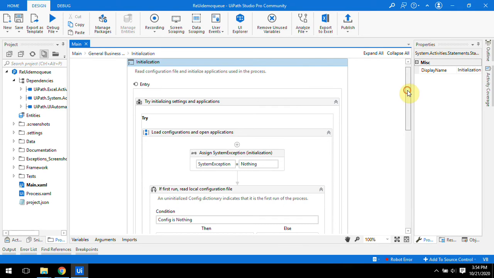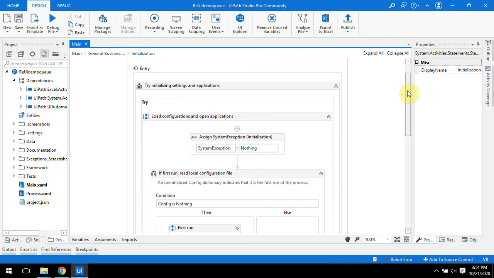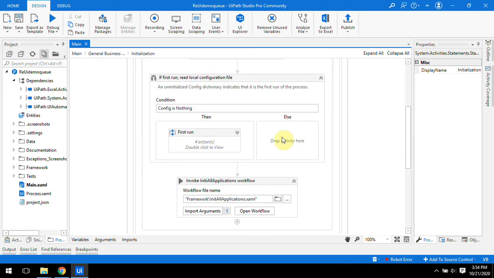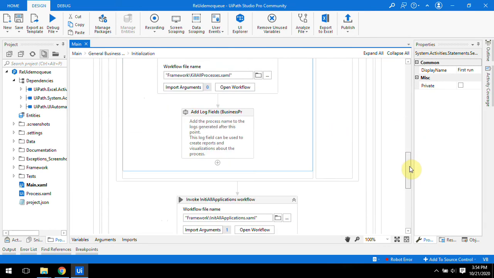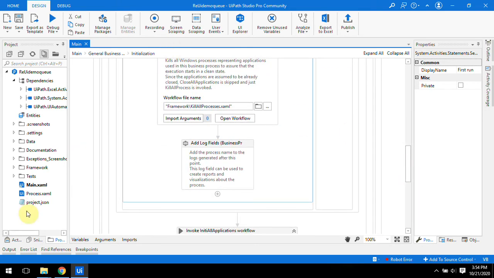In init state, our task is to first read the Excel file, then upload the data in a queue, and then by using the queue we get items one by one and process each item like that. Since we are reading and uploading data only one time, we must use this first run of the init state. So let's create one sequence.